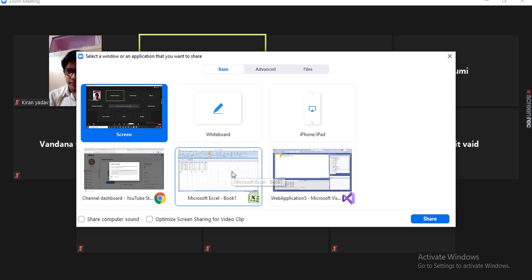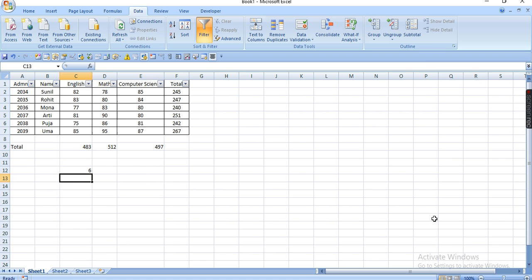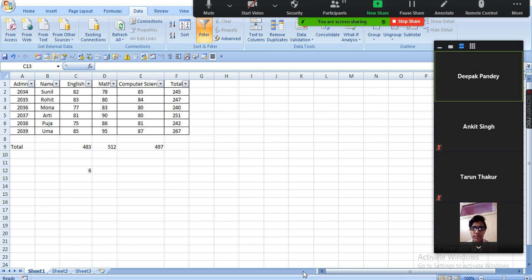Some network interruptions are there. Okay, we were disconnected for that. Okay, now you can see that